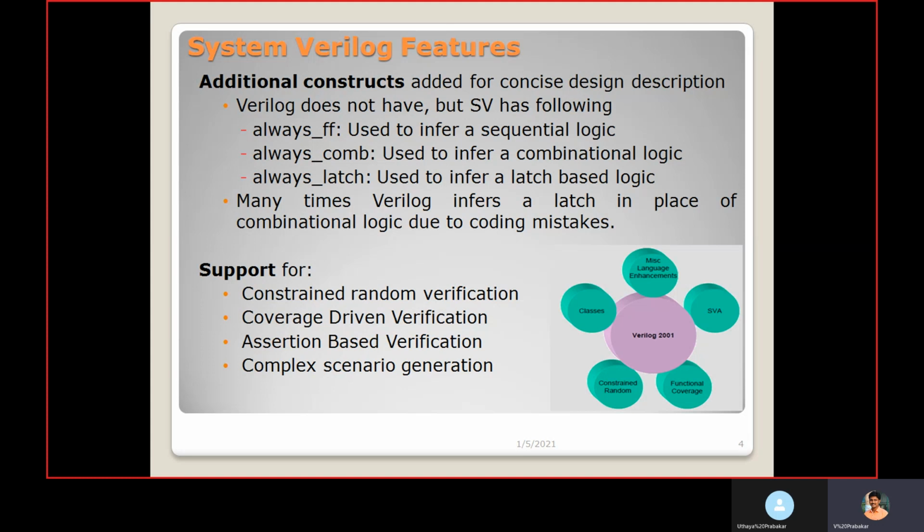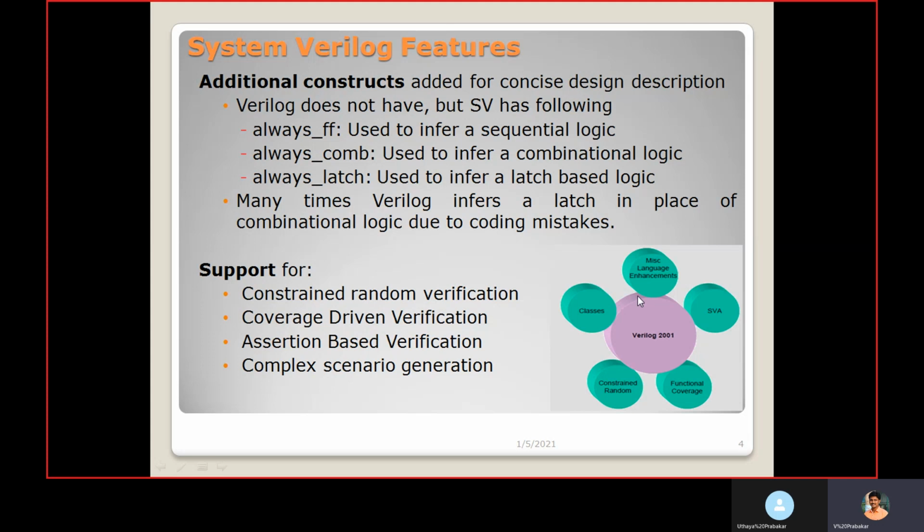And complex scenario generation. Different simple scenarios, like I want to perform a write to a register, I want to perform a read to a register. Likewise we have different simple scenarios that we can use to check. By combining the sequences, we can write inside a test, and we can do the complex scenario. These are the features we have in SystemVerilog.